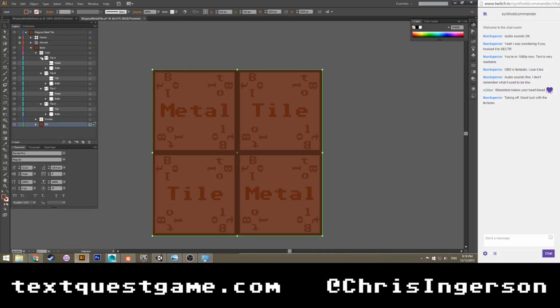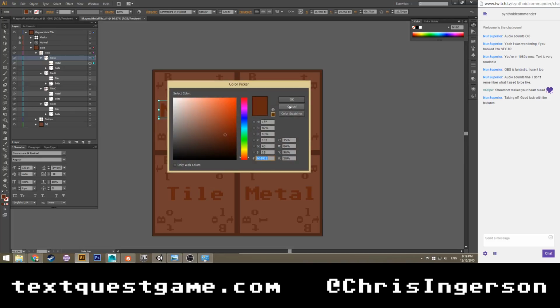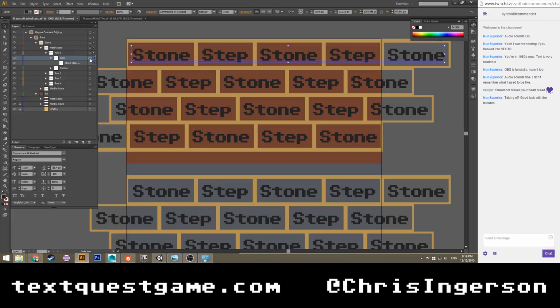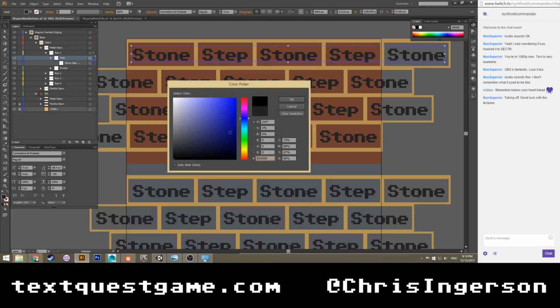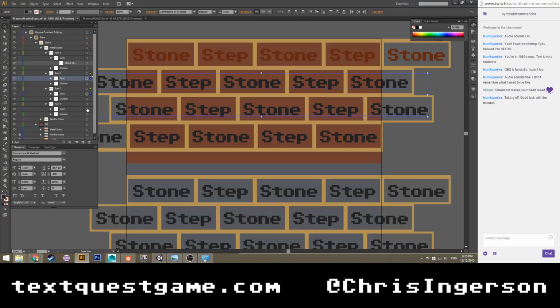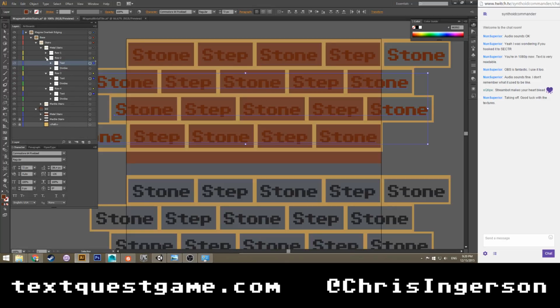I think we're not gonna have bolts. We're just gonna have the metal and step. So let's get this color. Stairs. Go to metal stairs. Row 1. Text. Yeah, I think that works. So grab all that. Select each one of these text. Set the color. Bam. All right. Okay. So there's our metal color.